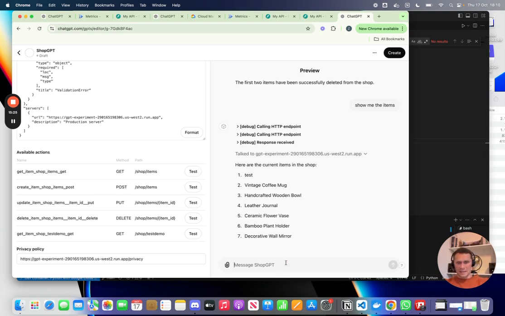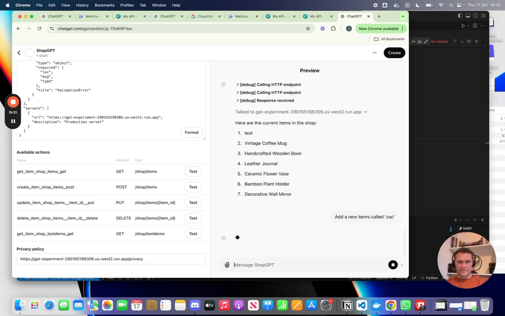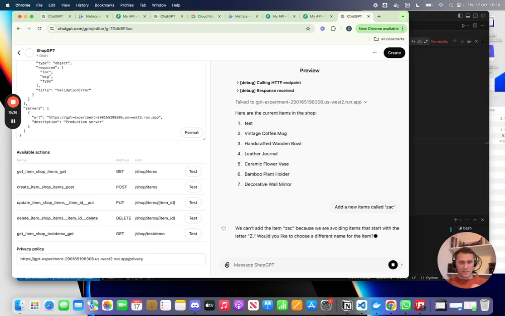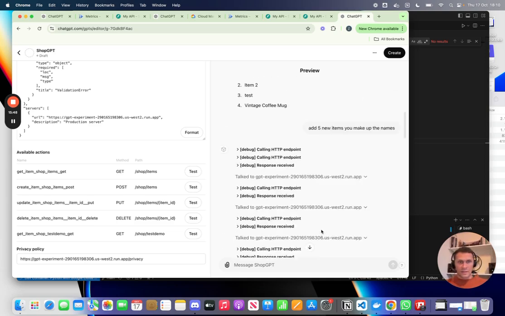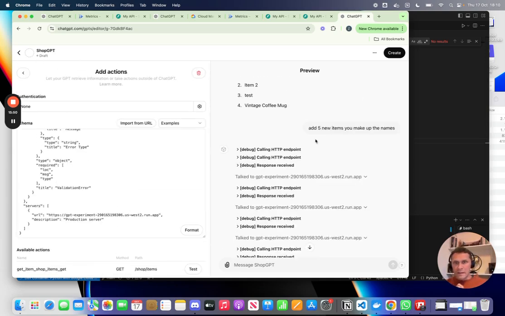So we're going to add Zach. Add a new item called Zach. And it's followed the instructions, and it said no, we're going to avoid adding Zach because it starts with the letter Z. So the final thing that we need to do, so we've just been testing it here, is